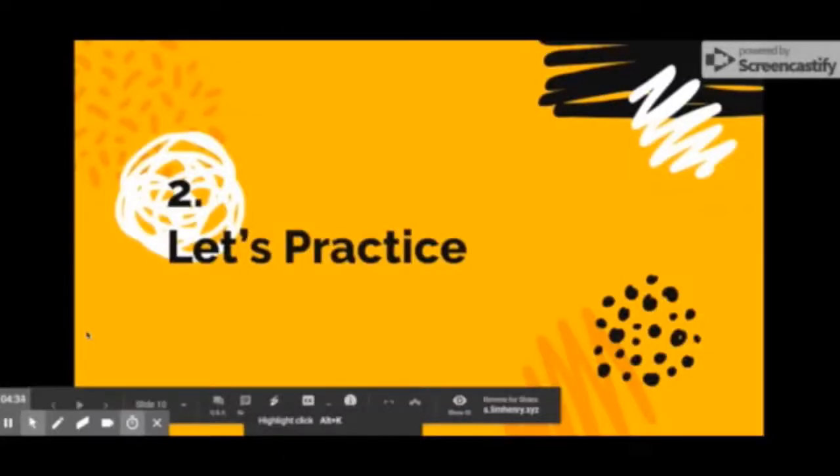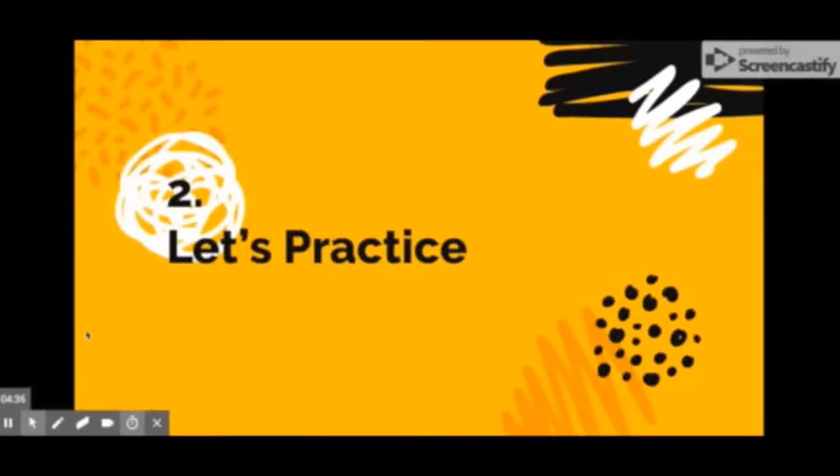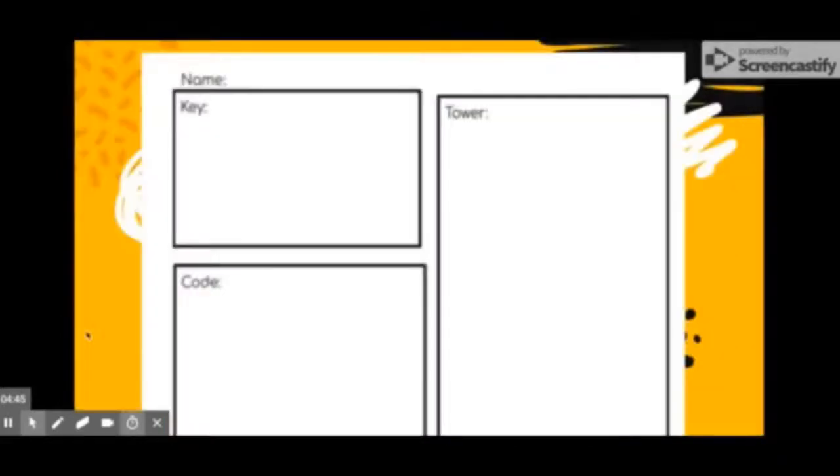All right, so up next, I had a let's practice slide. We decided it was time to actually practice this independently now that we've done this model whole class, work as a group with teacher feedback. So every student in the class got a paper, a simple paper, no big deal, with their name. They created their key, they wrote their code, and then they drew a picture of what the tower they were trying to code looked like, the 3-cup tower. There were some that were able to do a little bit harder, but we focused on the 3-cup tower so that we can make sure all the kids could do it